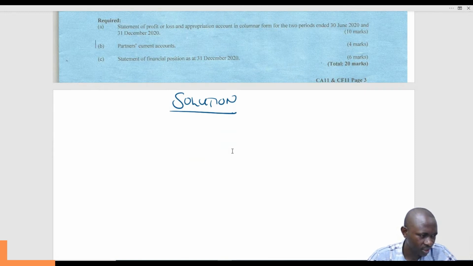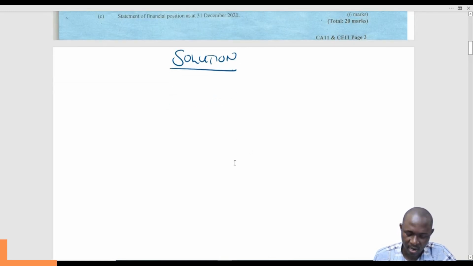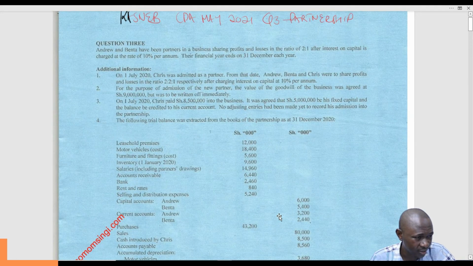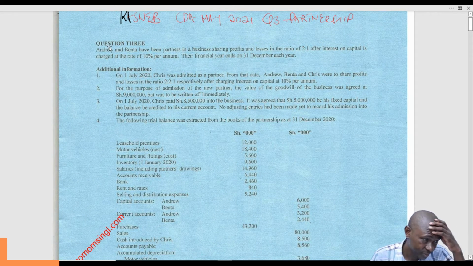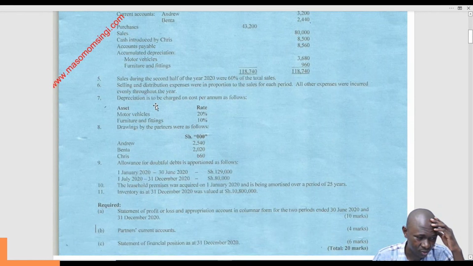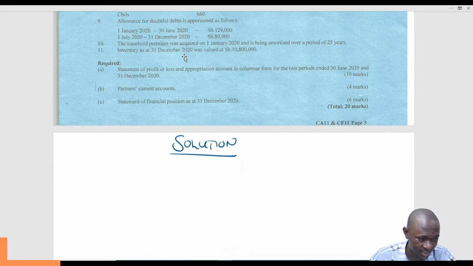So we've been already told that we are going to prepare the books of accounts in columnar form, and we need this for the 2 periods. So this is Andrew, Benta, and Chris. So we'll talk of ABC Partnership. That heading is very important. So ABC Partnership, that is the heading. And then we'll talk of financial statements